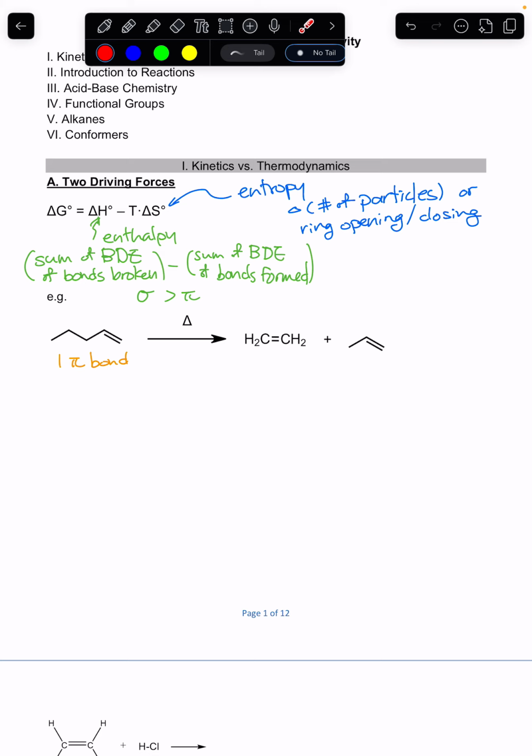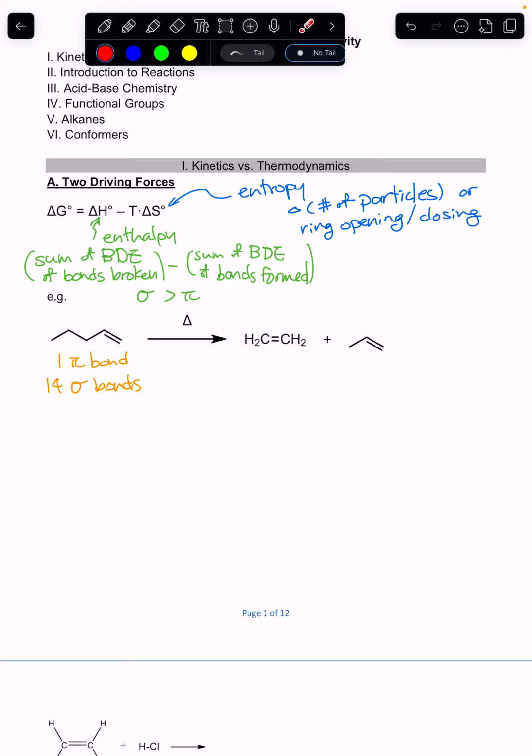And there's 1, 2, 3 CH bonds here. 1, 2 CH bonds, so that's 5 CH, 6, 7 CH, 8 CH, 9, 10 CH. So total, there's 14 sigma bonds in this molecule. Hopefully that makes sense to you, and if not, pause the video and see if you can count them.